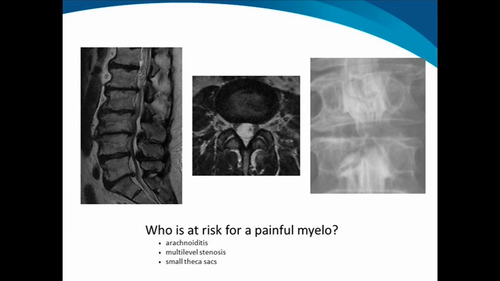The other two examples I have on the left are a sagittal T2 weighted image with a corresponding image on the right of an upright myelogram showing marked spinal stenosis with redundancy and buckling of the nerves. These nerves, if you look at the right side image, almost look like worms. They are thickened and they are certainly inflamed. This patient will probably experience about 15 to 20 minutes of pain after the injection of the dye, which does resolve on its own. Patients should be alerted to the fact that approximately 3 or 4 minutes after the dye is injected,